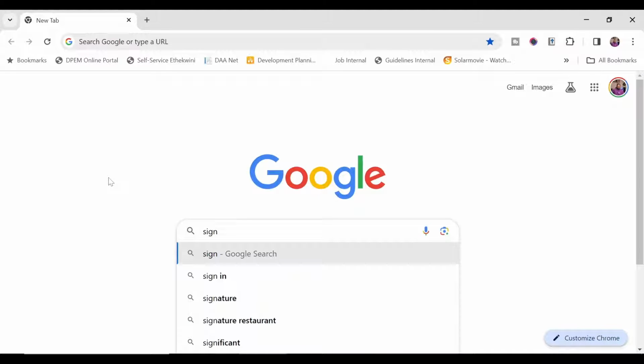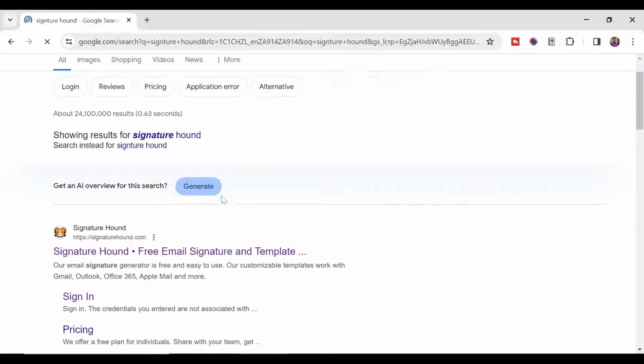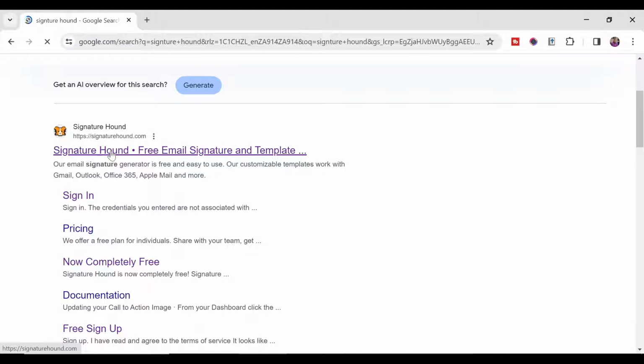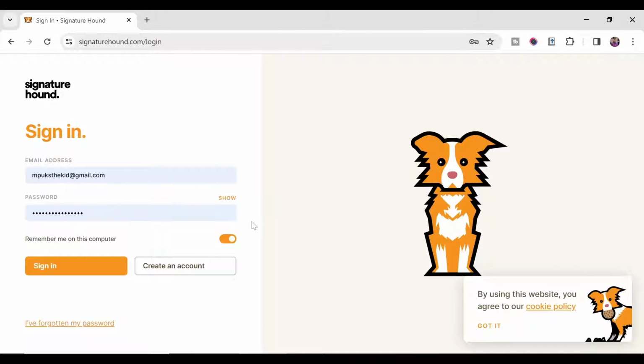You can head over or you can Google search Signature Hound. That's where we're going to be creating our emails. It's this one, so you can click on that. All right, so you'll be prompted to sign up here. I've already got an account. Just click on create account